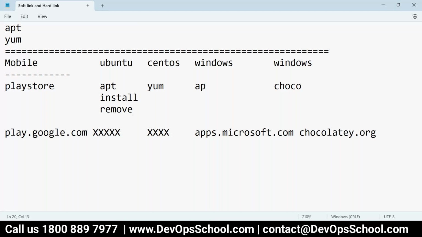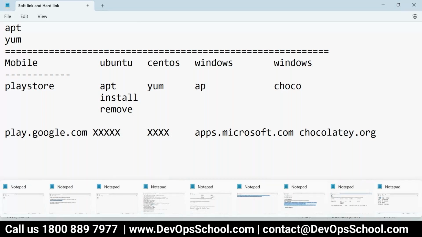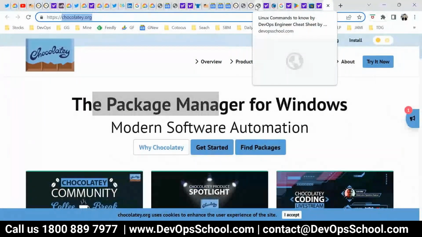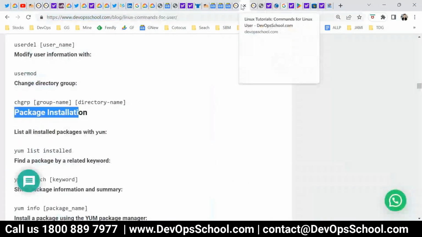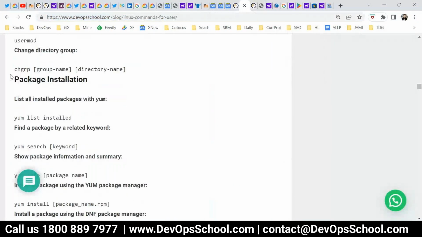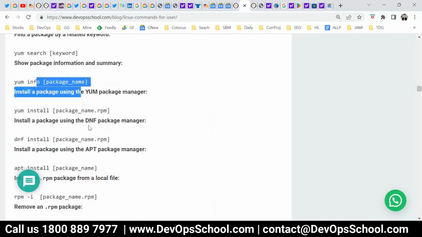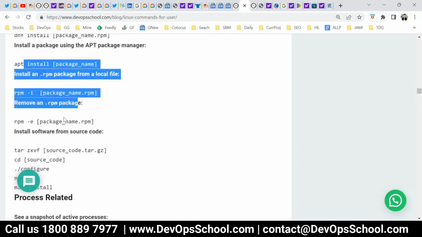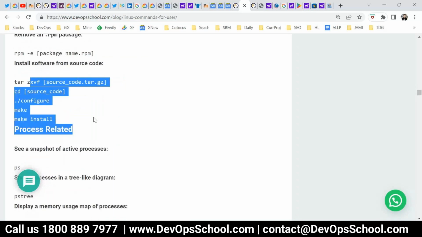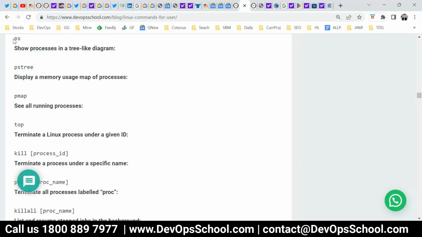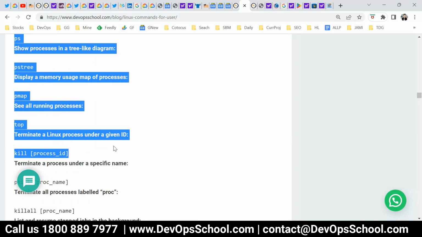So here, always remember this pattern. Package installations and all, you can do that. Many commands are there, you can practice them. Here I am using a tarball. These commands are for checking the processes and